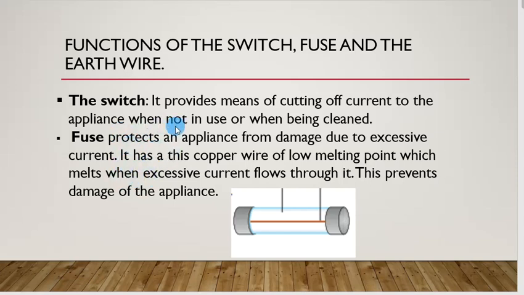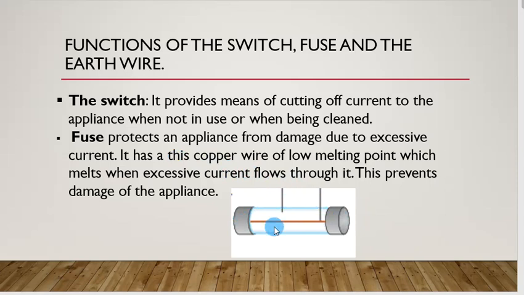Another reason why we can have a large current is overloading. Okay, you use a very small cable, you connect it to a pressing iron, or an extension cable, or adapter as we call it, which cannot accommodate a pressing iron. You use it, then it means you have overloaded those cables. So instead of the cables burning, which can cause a fire, the fuse will protect the circuit by this wire simply melting and cutting off the circuit.